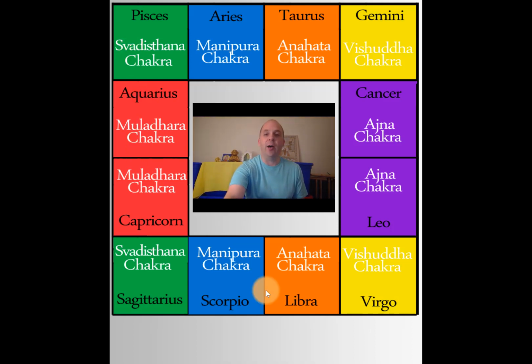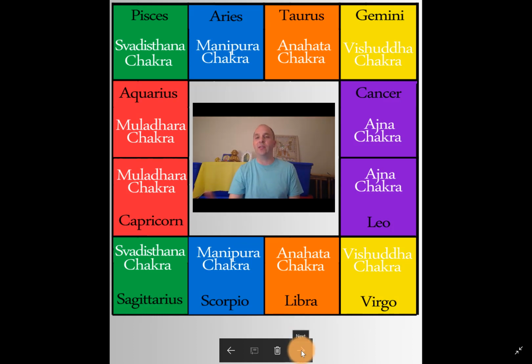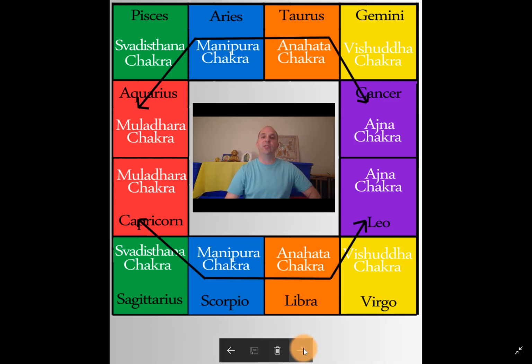So if you want to think about the flow of energy, like the rising, manifesting flow of energy, you can look at it from one half of the zodiac to the other. You can look at it coming down from Leo, like our ideas, and taking action on them and making them happen through the process of signs that go right here to Capricorn. And then with the Muladhara chakra, you could look at Aquarius here as: okay, I'm becoming comfortable in myself and now I'm taking action so I can find liberation by going towards Cancer.